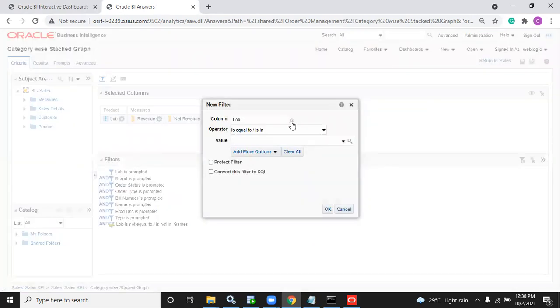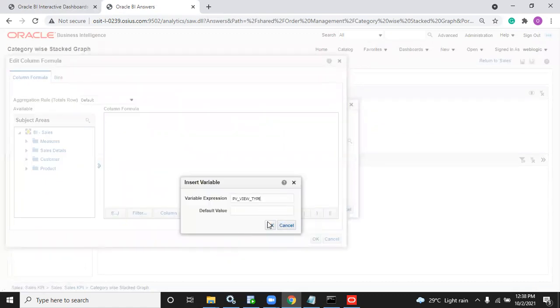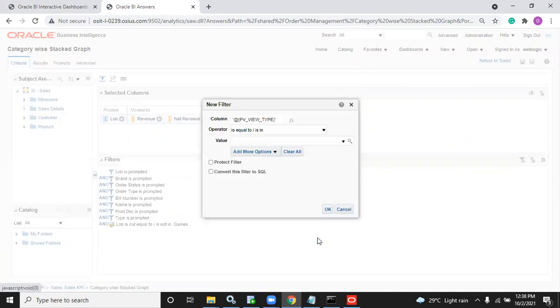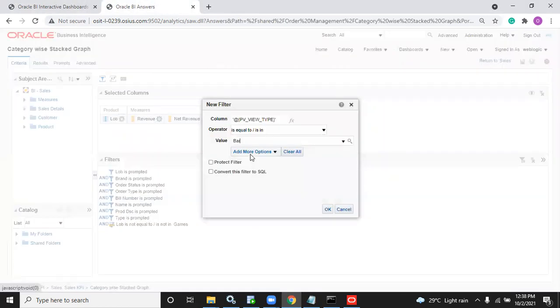Because we are changing here. Instead of LOB, I'm going to pass the filter to the presentation variable called PV view type. As it is a character, it should be passed inside single quotation, otherwise it throws an error. Now it should have the value like bar view. BARVIEW. Space is missing.